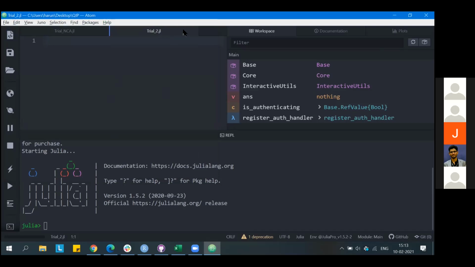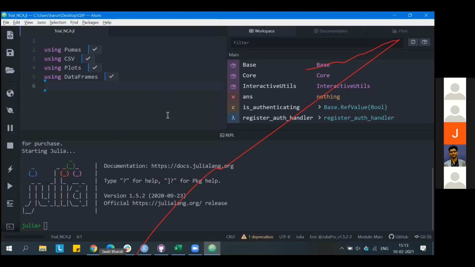Yes, sir. So we can name it as we want. Yeah, naming is just your own individual convention. Whatever name you want to give it, you can give.